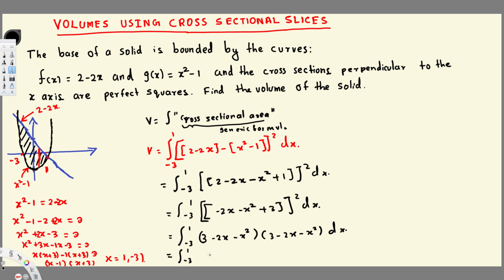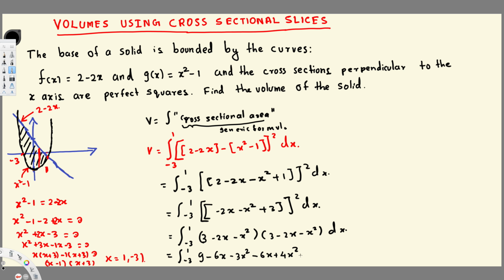Minus 3 to 1, and here if you multiply 3 by 3, that's going to give us 9. 3 by negative 2x gives us negative 6x. 3 times negative x square gives us negative 3x square, and then negative 2x times 3 is going to be negative 6x. Negative 2x times negative 2x is going to be positive 4x square, and then negative 2x times negative x square